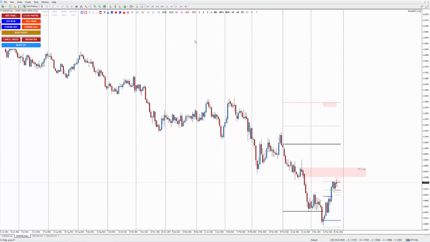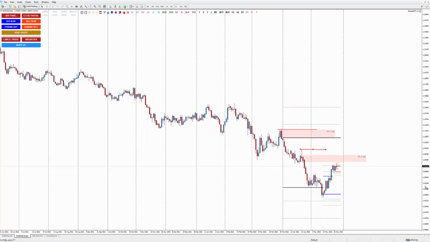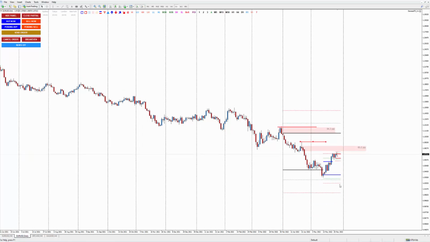Take a look here. Now remember, this is a strong high over here. I consider this a slightly strong high, but this one is a very strong high. If the price breaks this high, there is a high probability the market will reverse and continue higher. But if the price touches here and then breaks this low, there is a higher probability the market could go lower, either to this green line or even to this monthly Fibonacci.